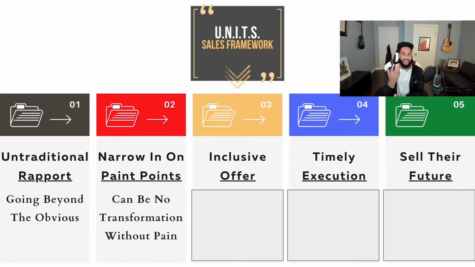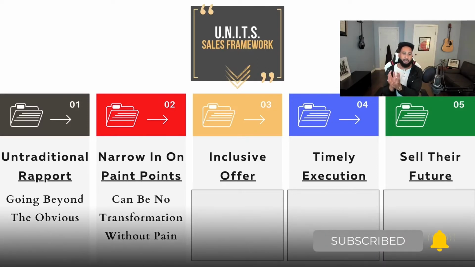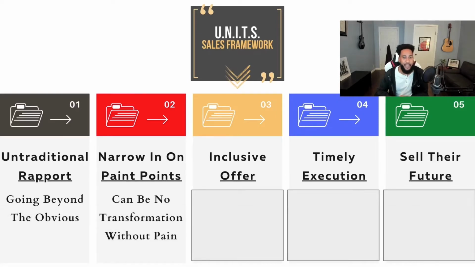You can kind of consider if the untraditional rapport is N, we're now nearing the O here. I'm not going to do this because I haven't cracked the acronym down in the letters here because that's not important, but roll with me here. I'm sure it makes sense a little bit. So really, without these pain points, I'm going to put a large emphasis. I put the pain in red there, as you can see, because I want it to jump out at you. At the end of the day, without this, I'll say it again, there can be no transformation without pain.